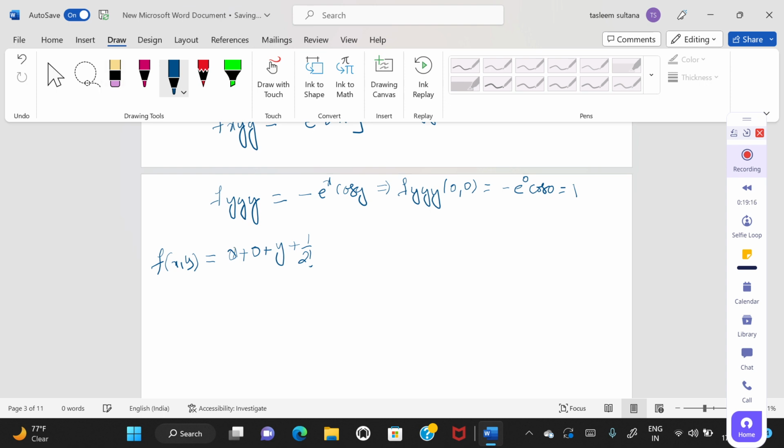But then isn't x 0? No, see, wait. I will write that equation once again. Don't get confused. What you got as that function will be f of 0 comma 0, then plus x into f suffix x of 0 comma 0, then plus y into f suffix y of 0 comma 0, then plus